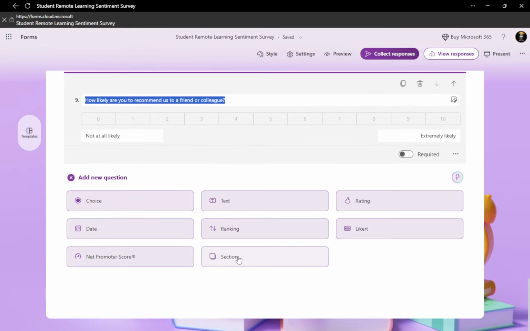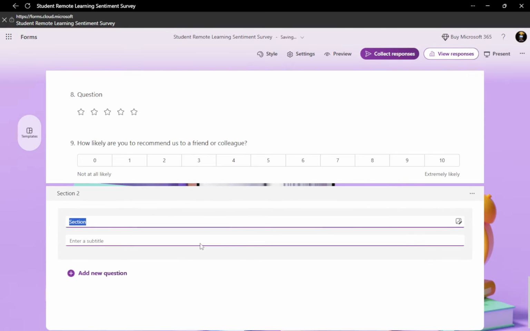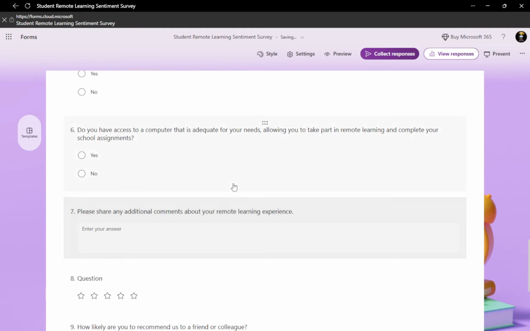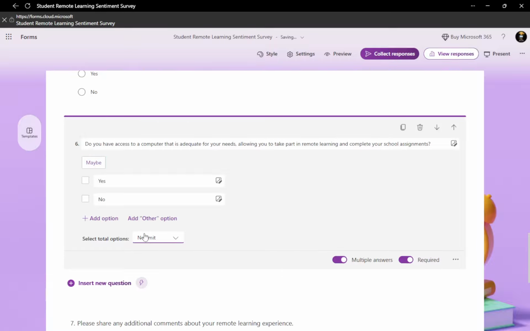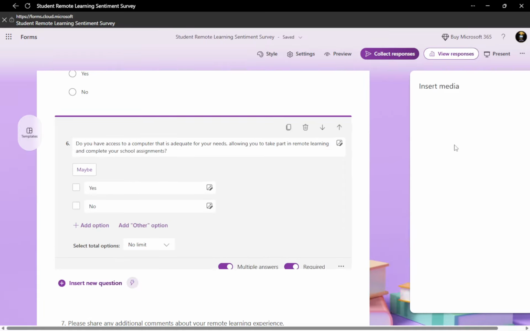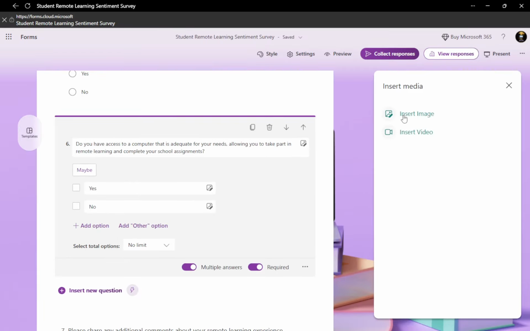With your questions in place, customize them. Click on a question to open its options. Turn on Required if you must have an answer before the form can be submitted. For choice questions, type each option on its own line and add more options with the plus button. You can allow multiple answers so people can tick more than one box if that fits the question. Use the Image button to add pictures, which can clarify questions like product choices. To change the order of questions, drag the handle on the left, up, or down, and you will see them move immediately.